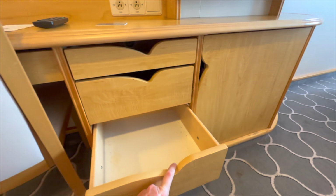Overall, we enjoyed this cabin on Navigator of the Seas, found it very comfortable, and enjoyed the view from the